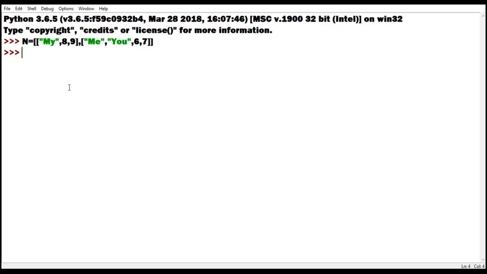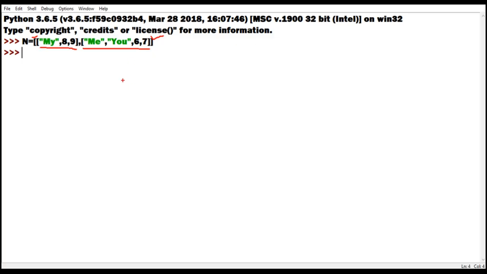So further, this is the first list and this is the second list. The first list is containing 3 elements, the second list is again containing 4 elements. And the outer larger brackets are the symbolization for the main list. And within the main list we have two other sub lists. So this is known as a list within a list, sub lists within the main list.